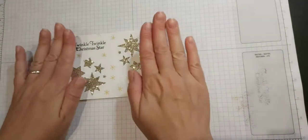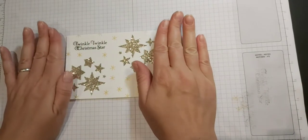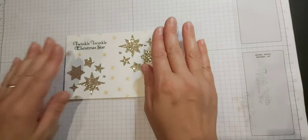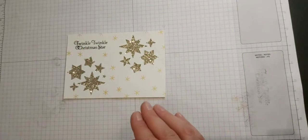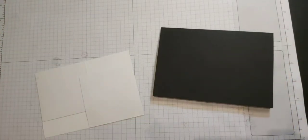Try again. That's a bit better. That will help again in a minute because we will stick it onto the base, so it should be fine. So the next thing we're going to do is bring in our base, turn that back over,